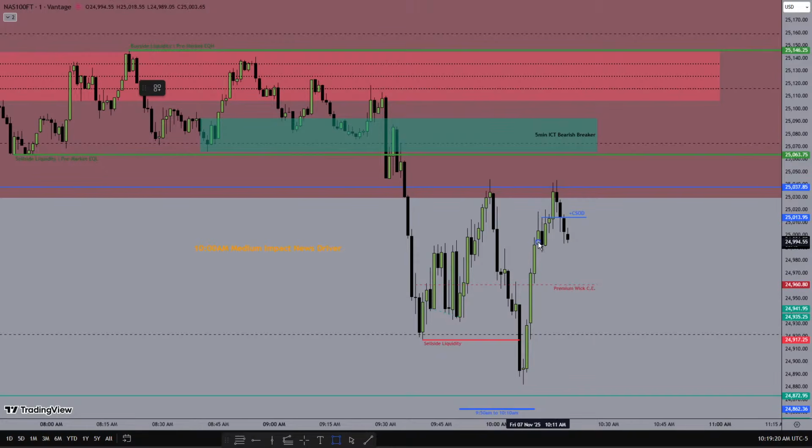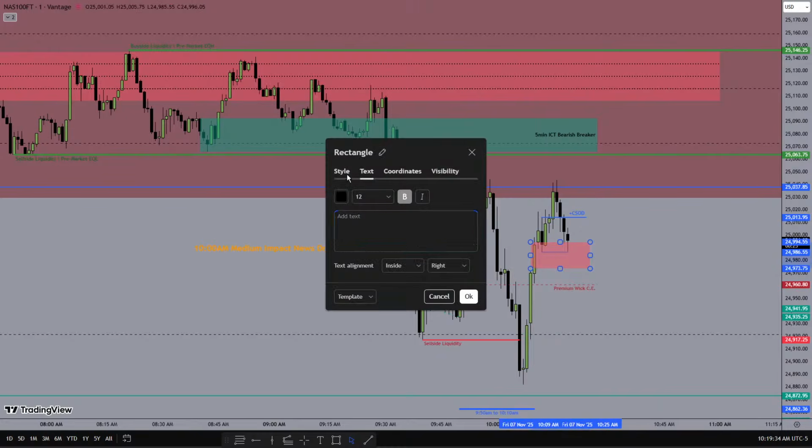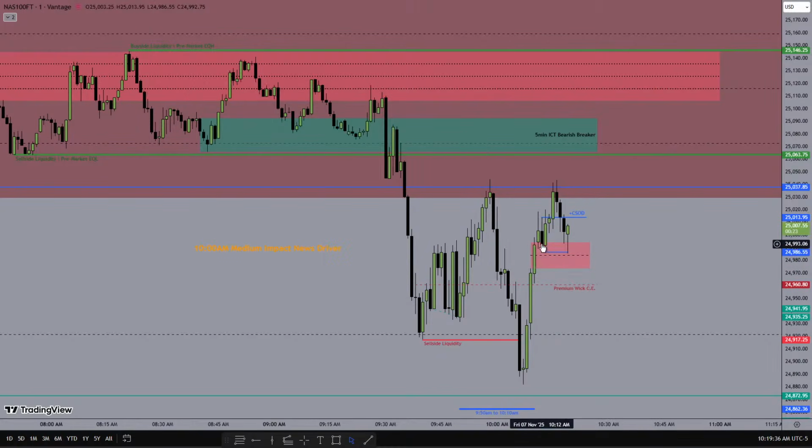Nasdaq is back inside of this fair value gap now. What I would like to see, what would give me confidence, is if we purge this low and then, just like here, fails to touch the consequent encroachment and closes above this wick's high. Yeah, and now it should work its way up above these equal highs, and if it's possible, even above this, because this overlaps with that quadrant level. And there it is.